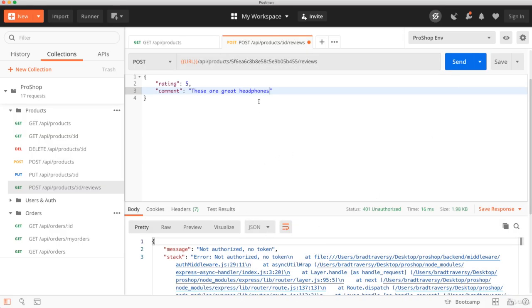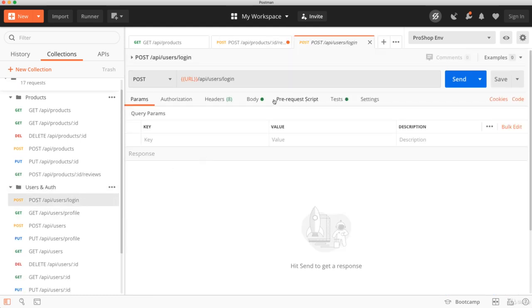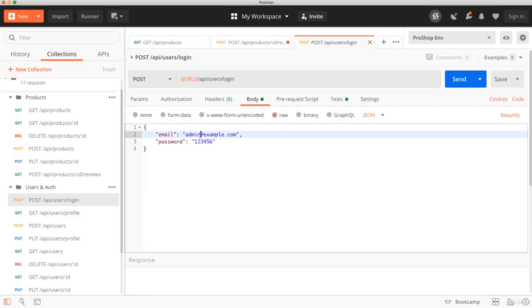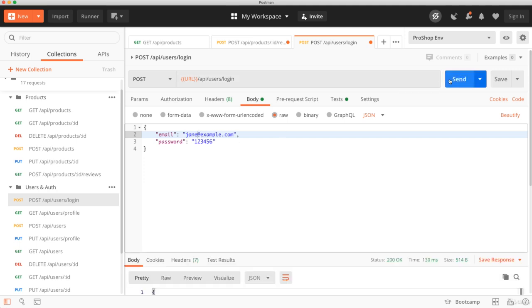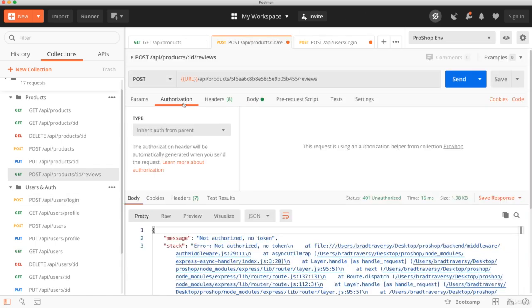So we get no token. Now I want to log in as John Doe or Jane Doe. So let's go to users auth and let's log in. And in the body here, I'm going to log in as Jane. So log in, I get my response. My token is now saved in Postman. So I'll go back here to the review, and in authorization, I'm going to choose bearer token,